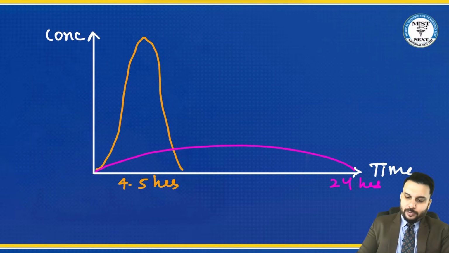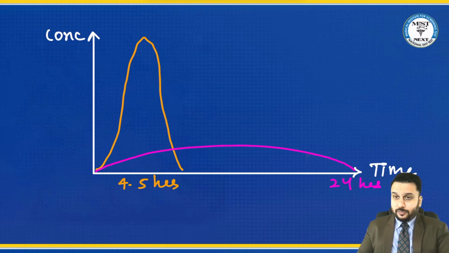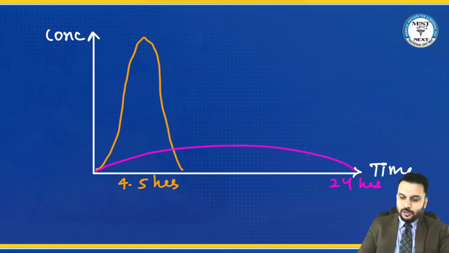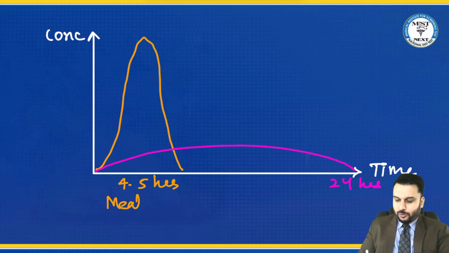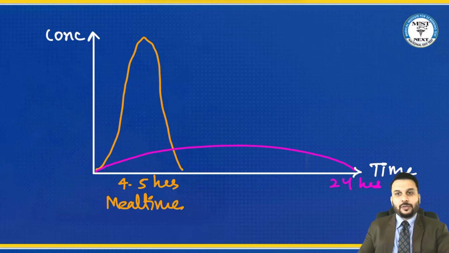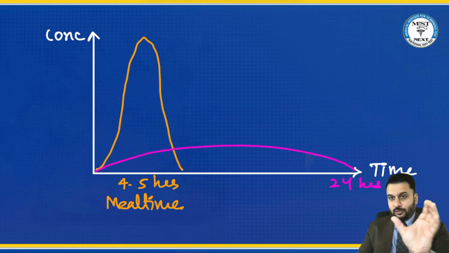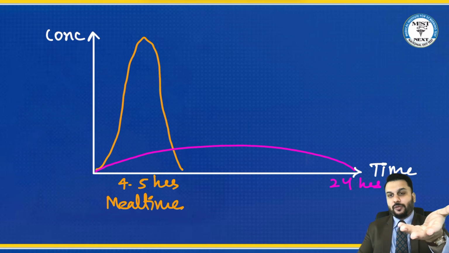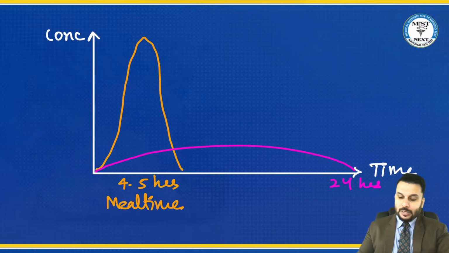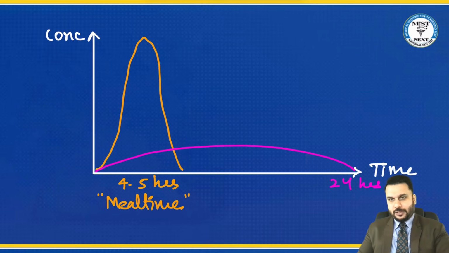Okay. Now people eat their meals every 4 or 5 hours. That's why these insulins working for 4 to 5 hours are also called mealtime insulins. That means you should take this insulin before a meal, because after we eat only the sugar will increase. So we have to take this insulin right before a meal. That's why they have been popularly known as mealtime insulins. So how long before you eat you should take them? The answer is approximately 15 minutes.